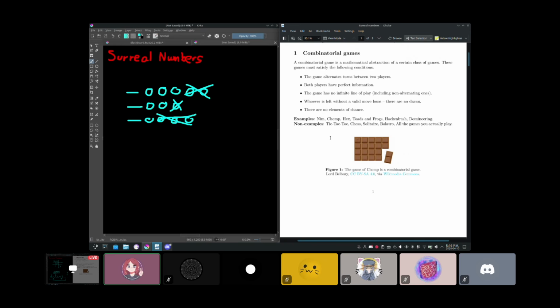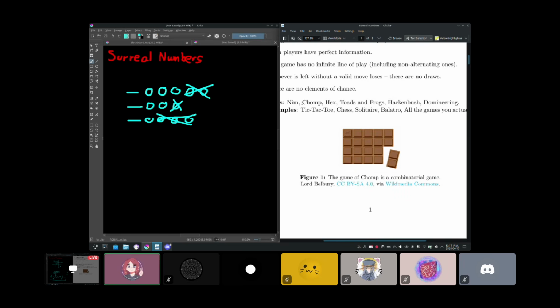Mostly to emphasize that the examples we do have of combinatorial games are kind of contrived. Maybe you've heard of Nim if you've watched the other combinatorial game talks that have been given here, or one of Numberphile's videos. I think there are a few of those about Nim. You might also know about Chomp. It's a similar concept where you basically take things until you can't take anymore.